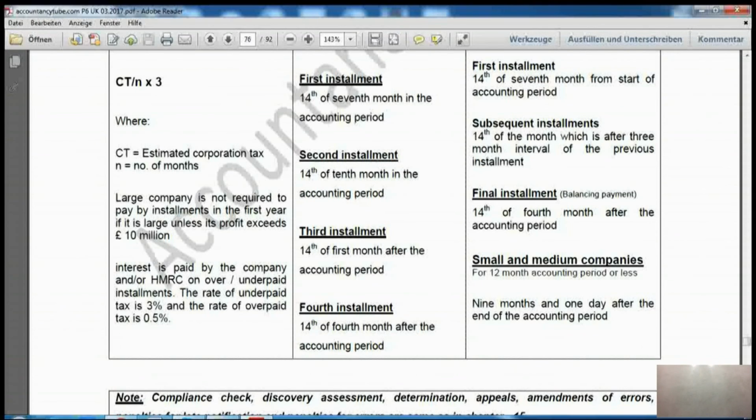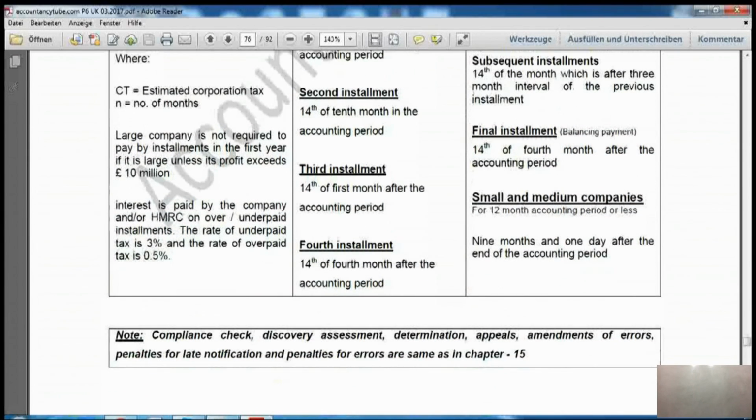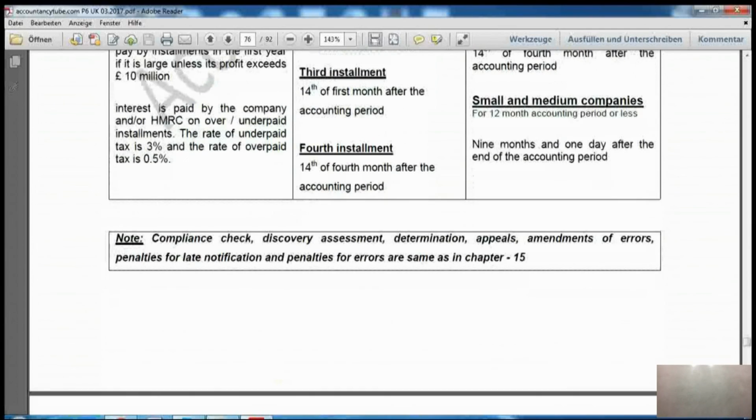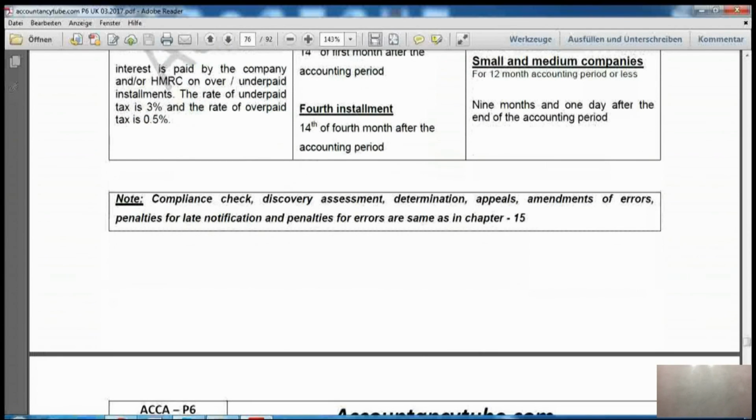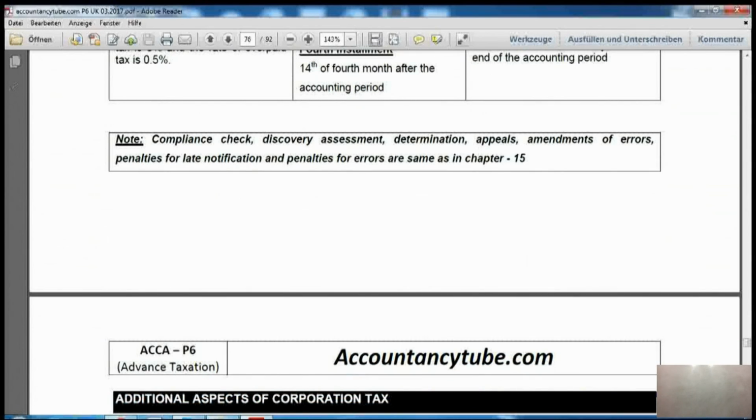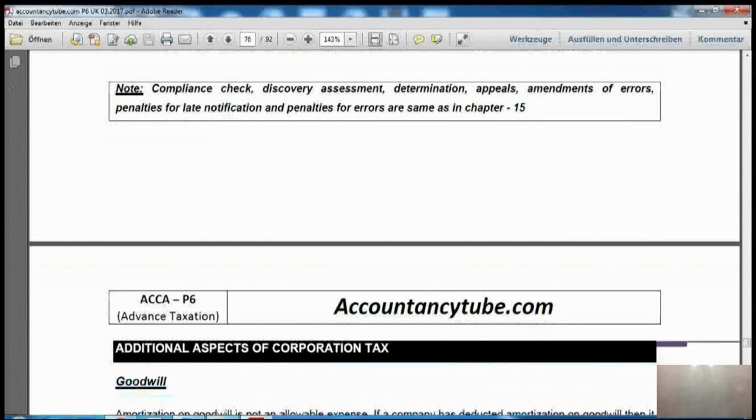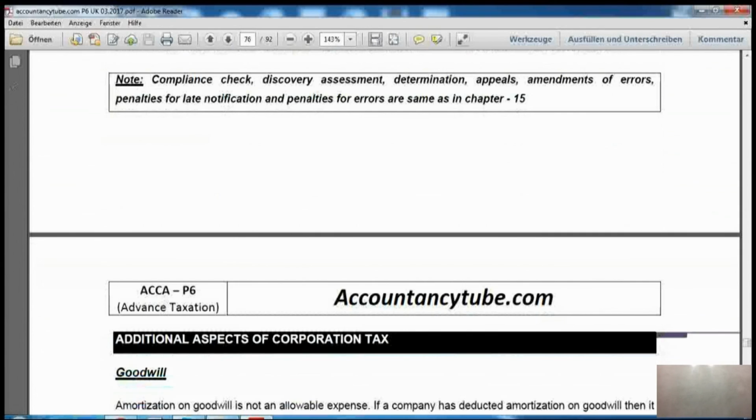Now, we were looking at the large company payments. If your company is a large company, you have to pay by installment. If your company is a small company, for a 12 months accounting period or less, the date is 9 months and 1 day after the end of the accounting period. Please remember that. As far as compliance check and discovery assessment, determination, appeals, amendment of errors, penalties for late notification